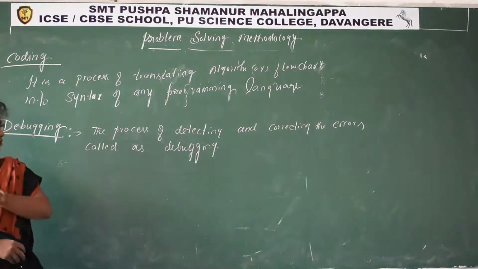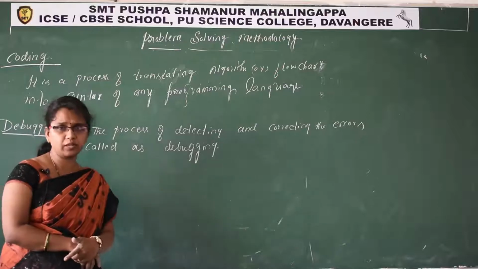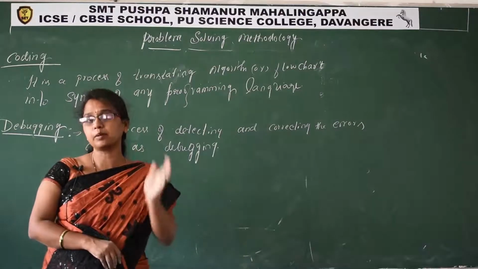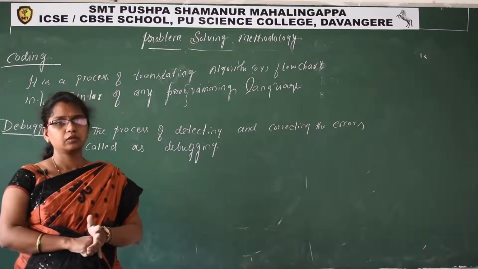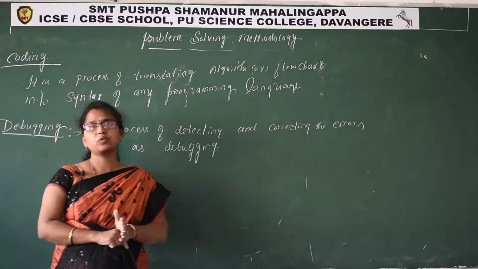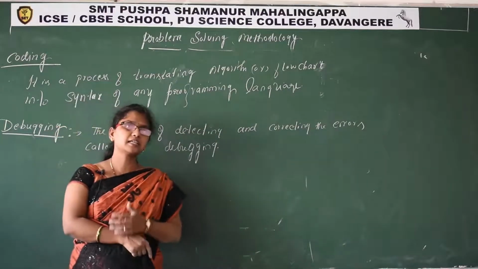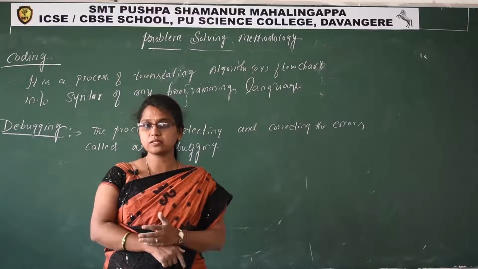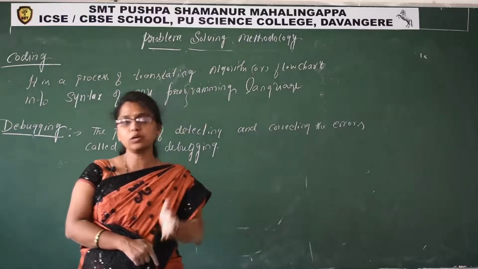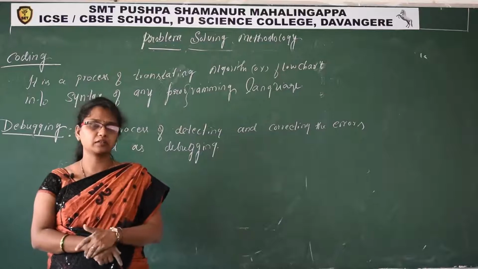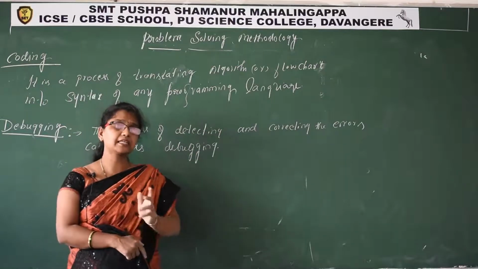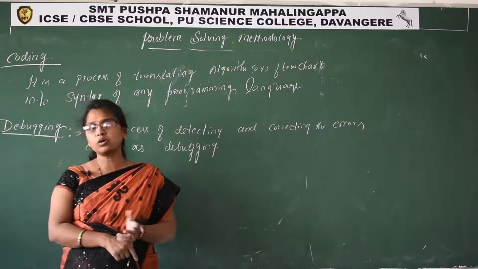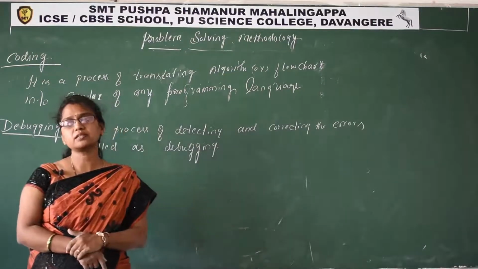Or if you want to find the sum of n natural numbers, from where to where do we have to move? From 1 to n, isn't it? If n is equal to 5, 1 plus 2 plus 3 plus 4 plus 5. What is the condition we have to write there? In the last class we discussed how to give the condition. I less than or equal to n, because values less than n and equal to n have to be calculated. If I write the condition as I less than n, then it won't take the n value, that is the fifth value, and we'll get a wrong output. That type of error we call a logical error.